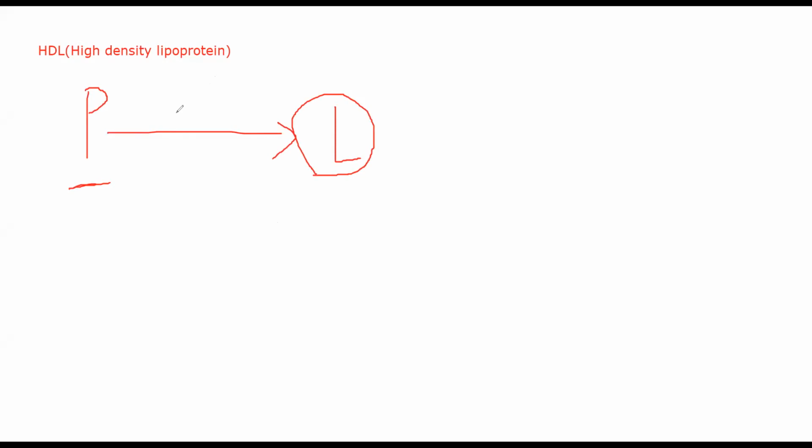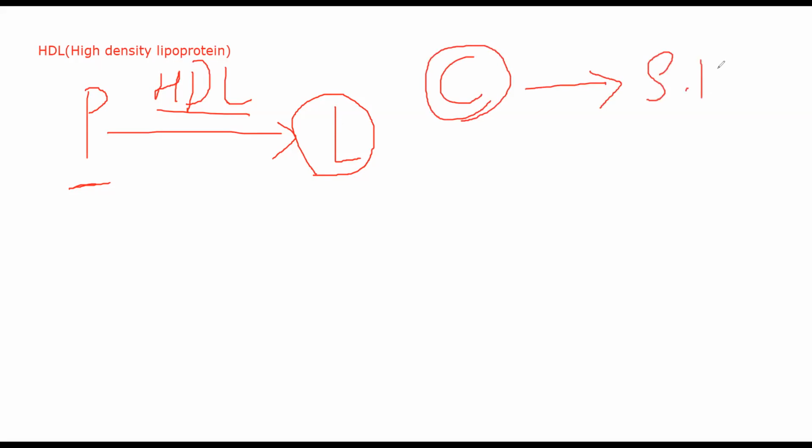Okay, see, one thing is your HDL will take peripheral cholesterol to liver. Another thing it can do is it will take it to other organs that can form steroids. They are called steroidogenic organs, in the sense that those organs have the capability of making steroid hormones. In a sense, converting cholesterol, they are making some other steroid hormone. It might be progesterone, it might be estrogen, it might be testosterone, whatever it is. Okay, you are basically decreasing the amount of cholesterol. This is helped by HDL.